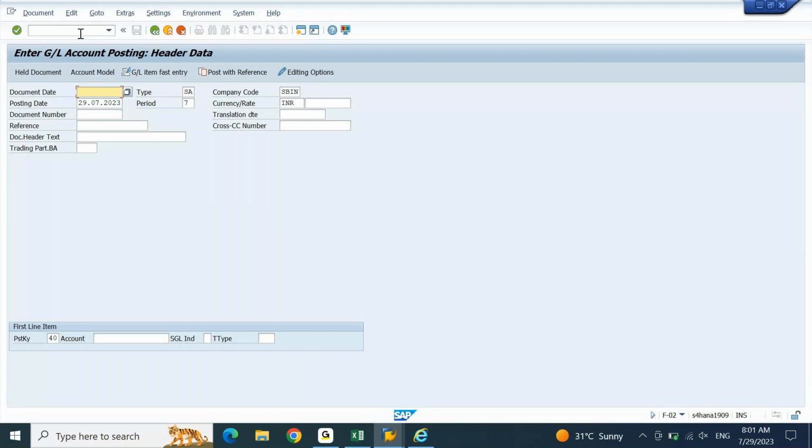So the FI consultant needs to give the logic to the ABAPers, how to write it, how it works. This is for where your client is currently posting the entry. Point number one: